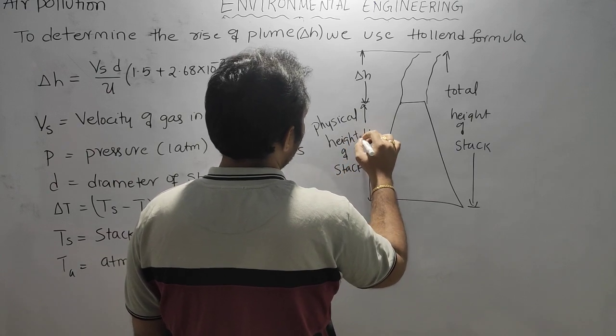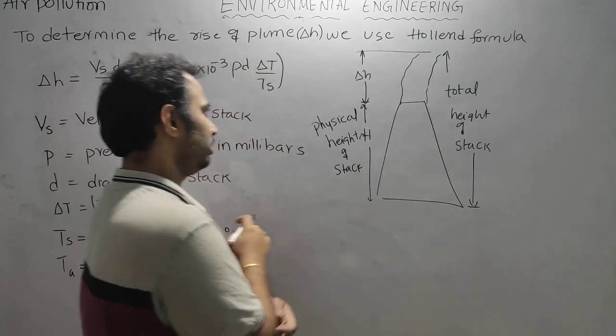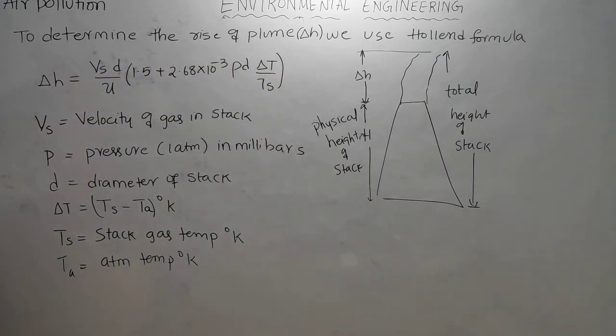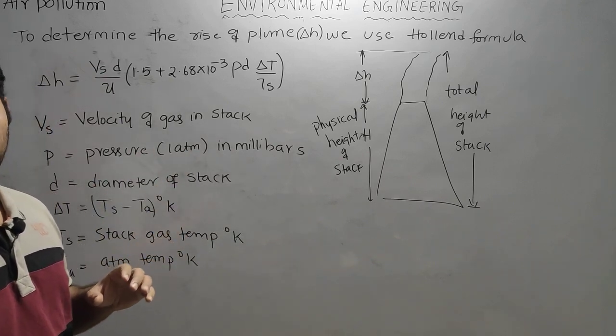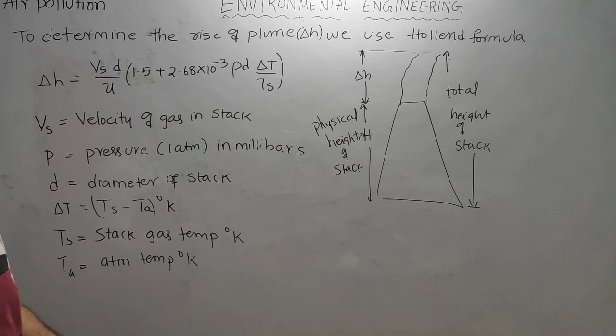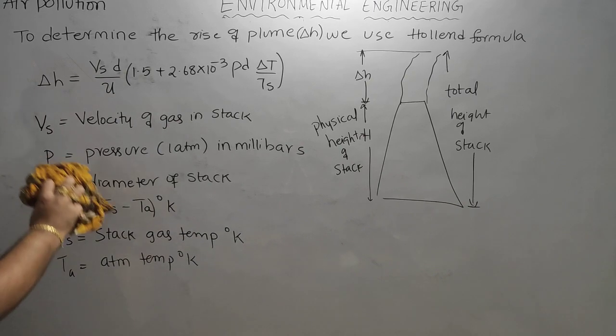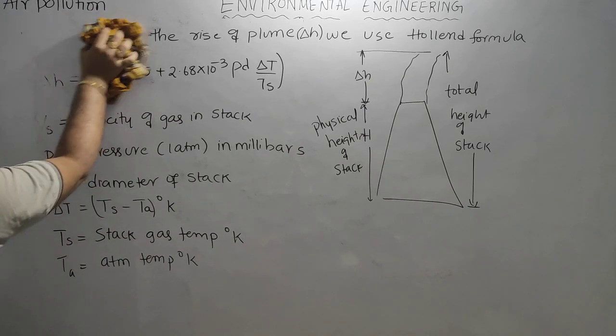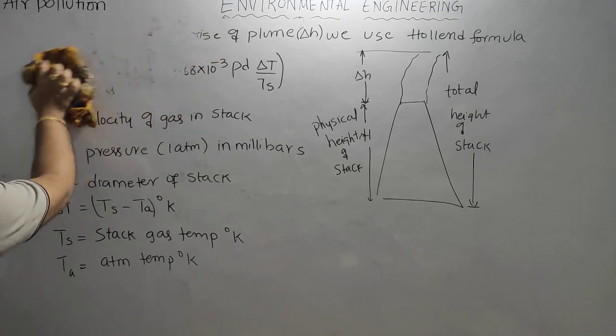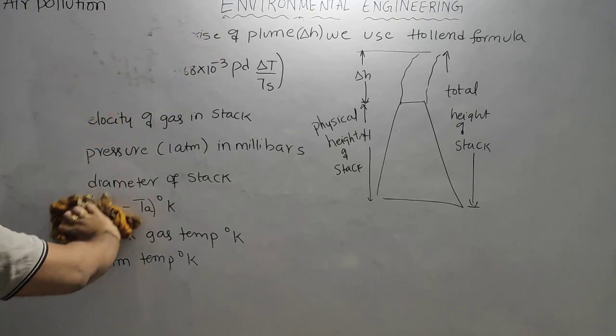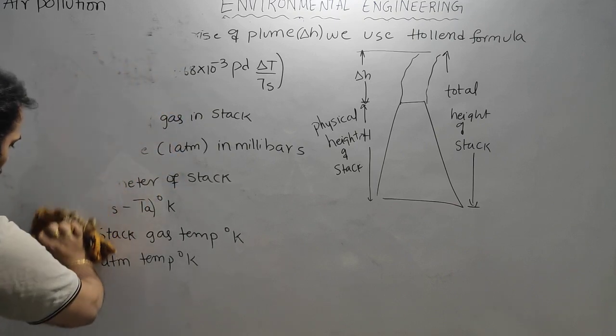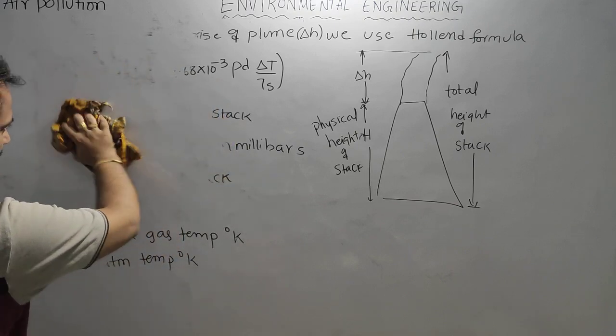So the h is the physical height of the stack, and h plus delta h we take as the total height of the stack. So this is all about the plume rise and plume height, finding the rise of the plume. Now here one more thing that is important is the plume is nothing but the smoke which is entering into the